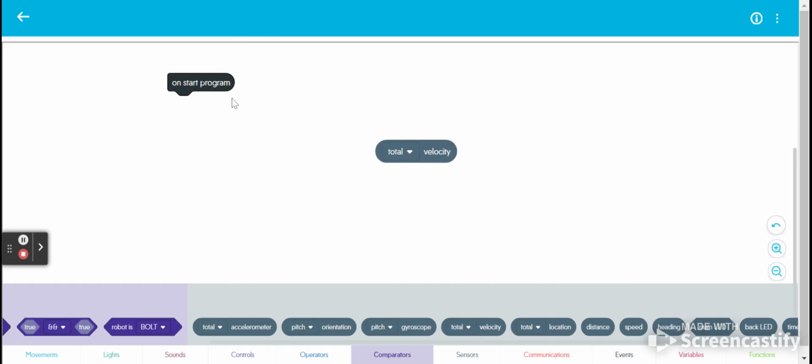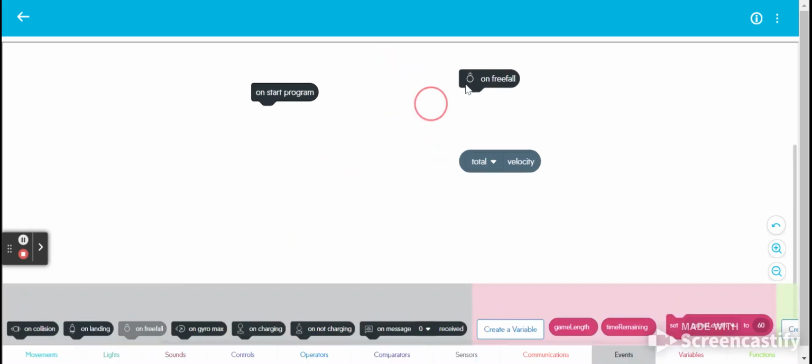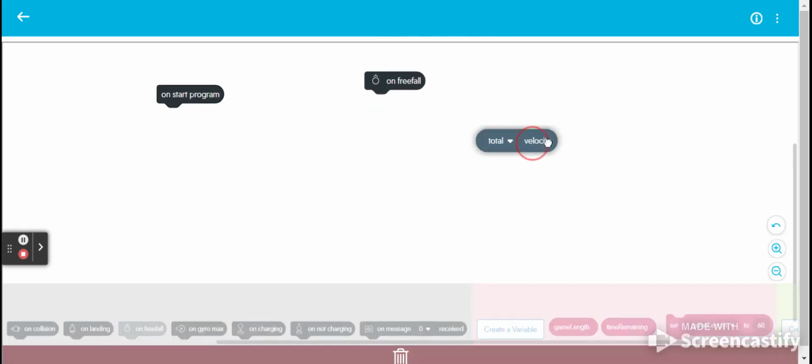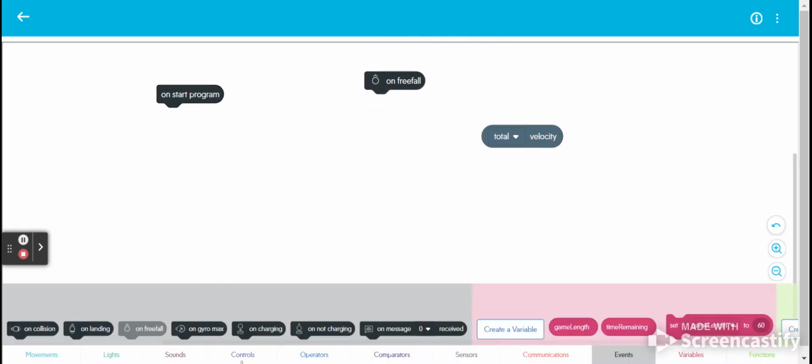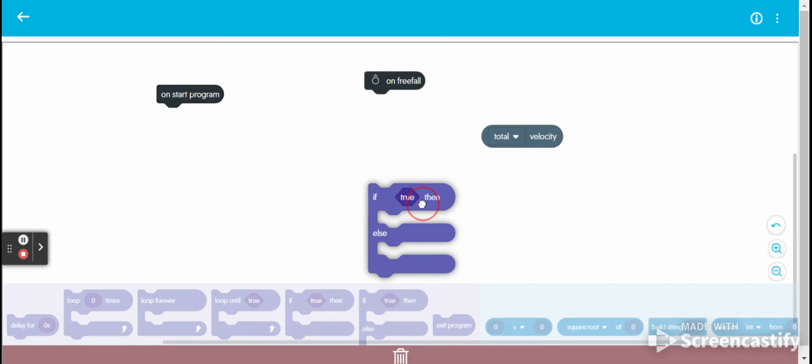Okay, now we're not going to use the on start program. We're going to use the on free fall. So as soon as the Sphero detects that it is falling, free falling here, it will jump in and it's going to start running our code. Okay. And essentially, when it's free falling, we want to put a couple